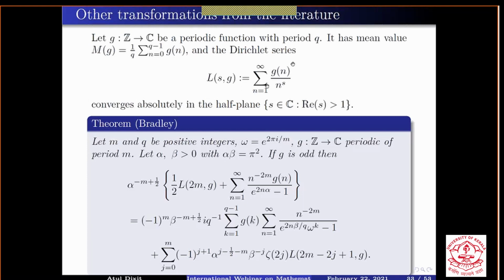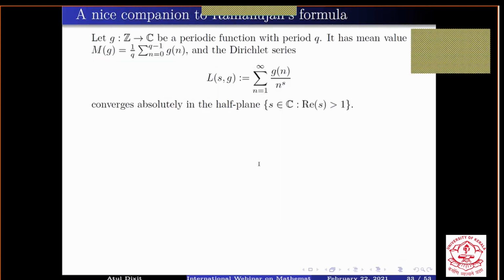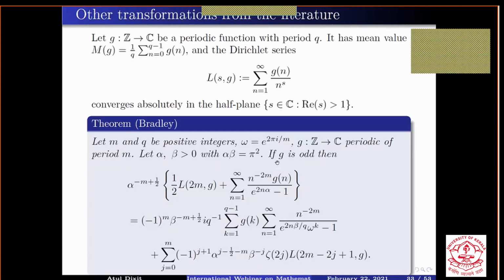Okay, and then it will be zeta of 2m only, but this will be 1, and then you have n to the minus 2m. So is that not giving us this exact formula that I'm claiming is new? The answer is no, because here the condition is g is an odd function. So an odd periodic function. So you cannot take